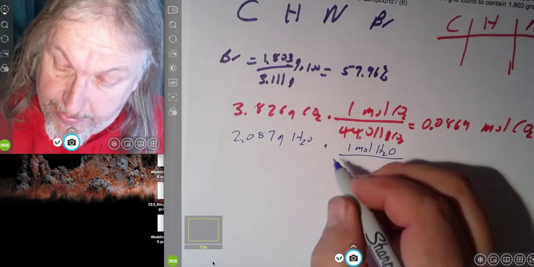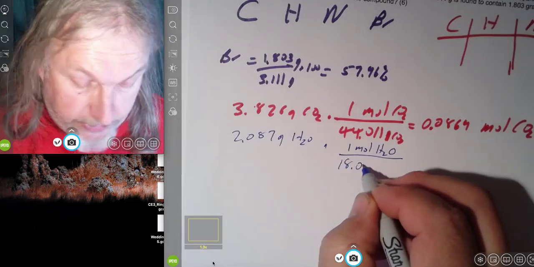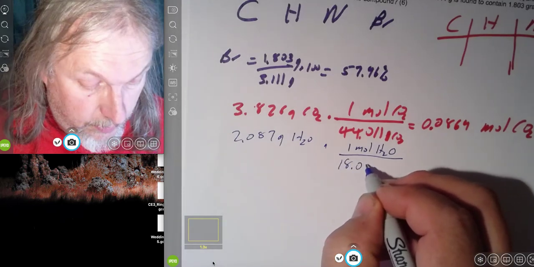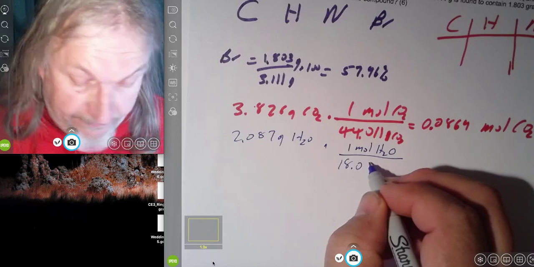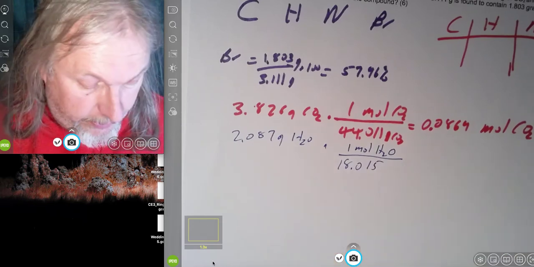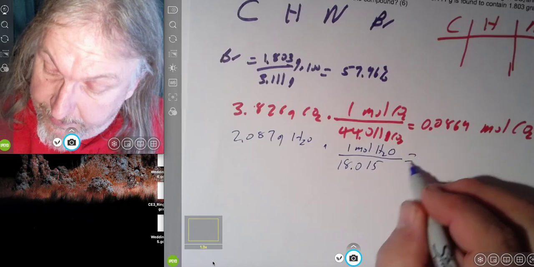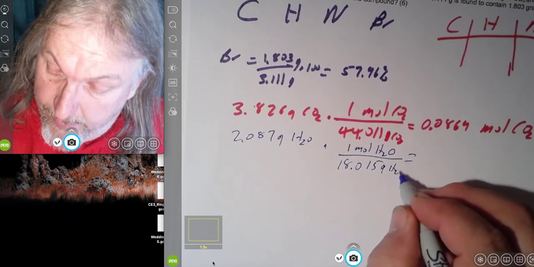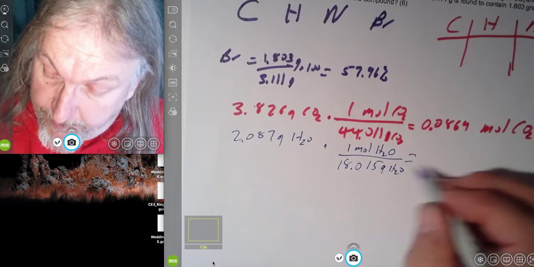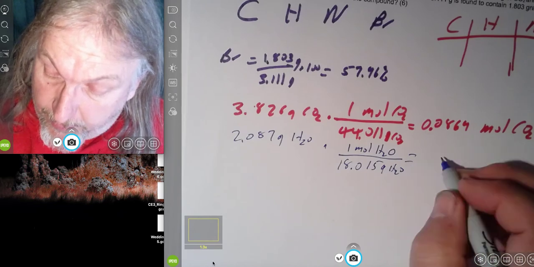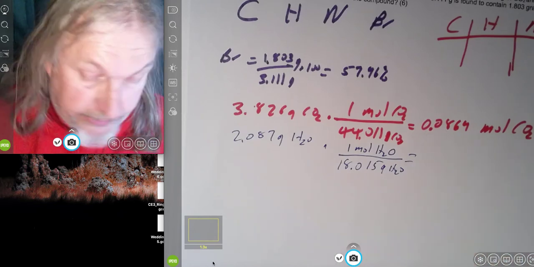That's going to give me 18.015. And if I divide 2.087 by the molar mass of water,